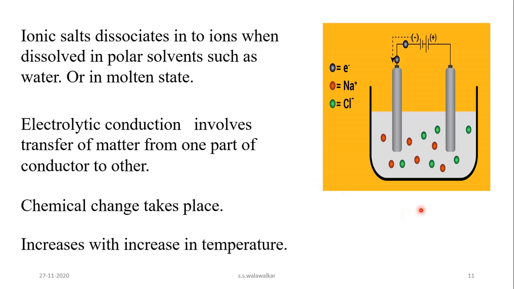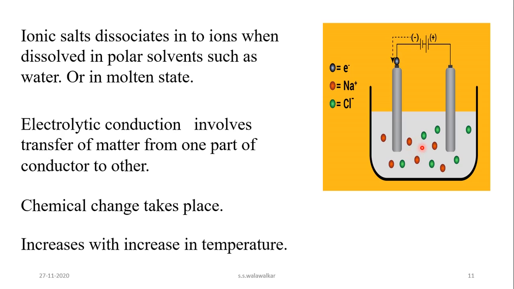What happens here? Whenever the temperature is increased, the bond between the sodium ion and chloride ion becomes weak, and more sodium and chloride ions are available for conduction. You know that sodium chloride is a strong electrolyte, so it undergoes 100% dissociation. As temperature increases, the bond between sodium and chlorine becomes weak, and therefore the conduction